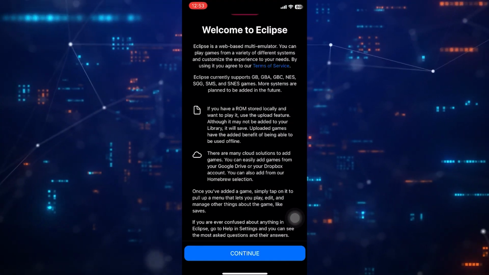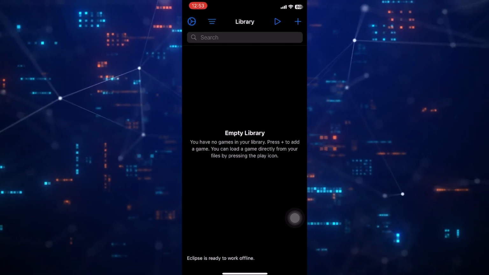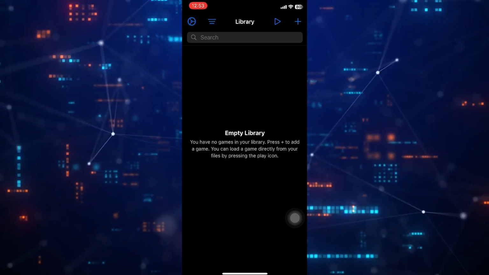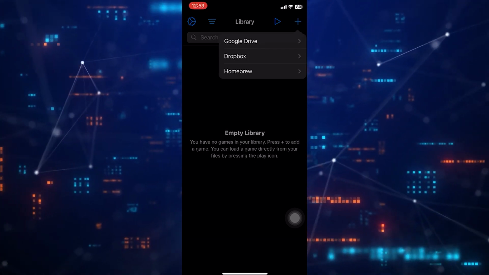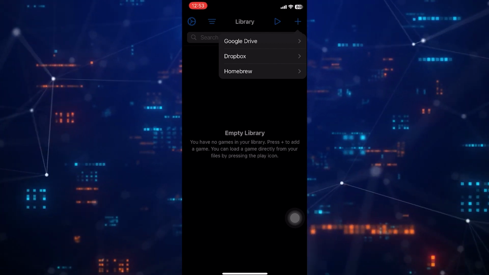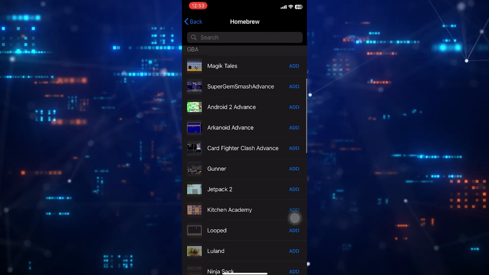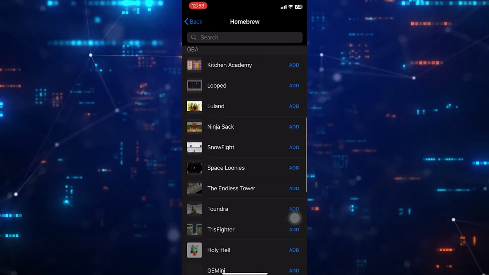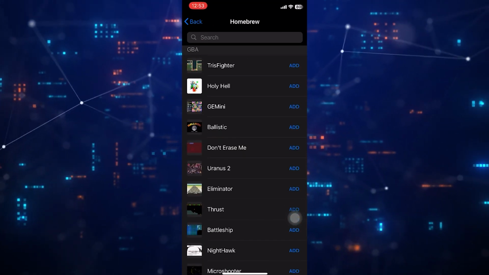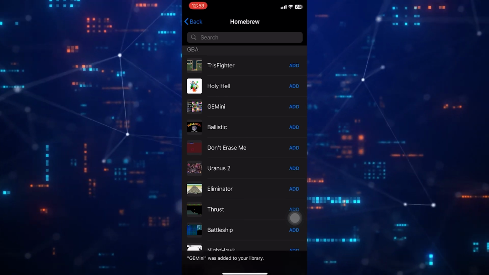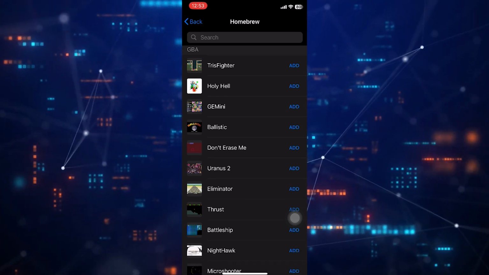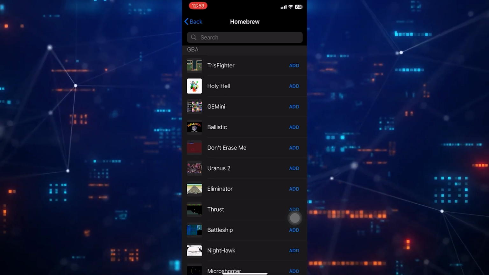First, you have to add some games. Tap on the plus icon on the right top of the corner. Now tap on Homebrew. Here you will see a list of games. Now add your desired game. Download it. By following these simple steps, you can enjoy all your favorite Pokemon games on your iPhone without having